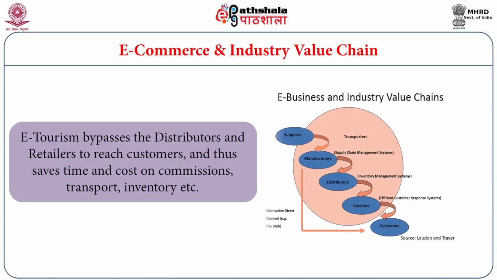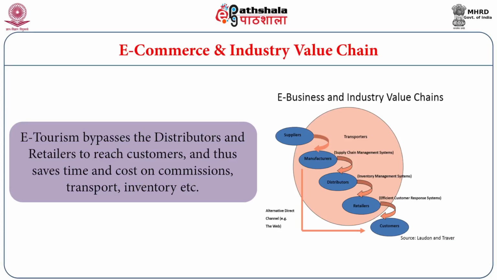As you see from the diagram, the traditional approach for any value chain is a supplier who supplies materials or services to a service provider, also called the manufacturer, who utilizes supply chain management to spread the produce or services to the distributors, who manage inventory and in turn supply their goods and services to the retailers, from which the end customers purchase the goods and services.